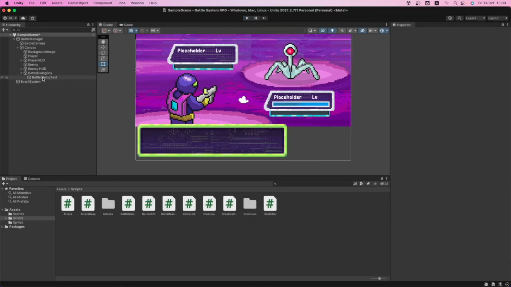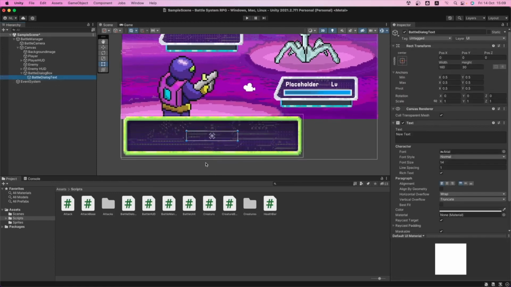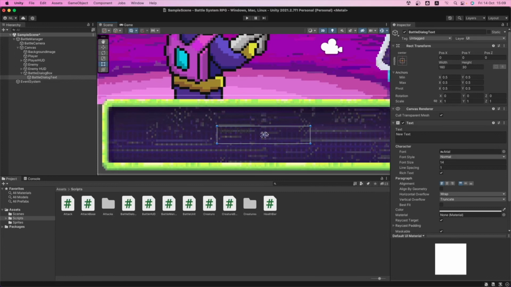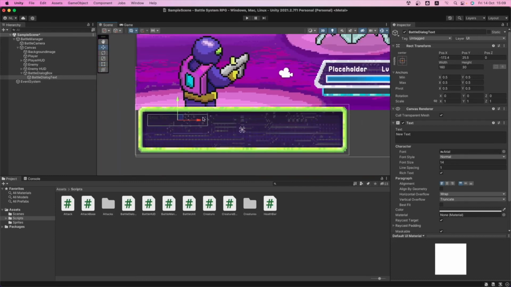Let's select our battle dialog text, and let's start fixing it to see it in the right way. We're going to move this to here, and scale it to the size we want. Right around there. Now we're going to change the font to Pixelary.